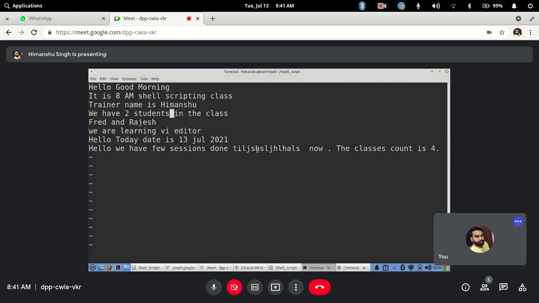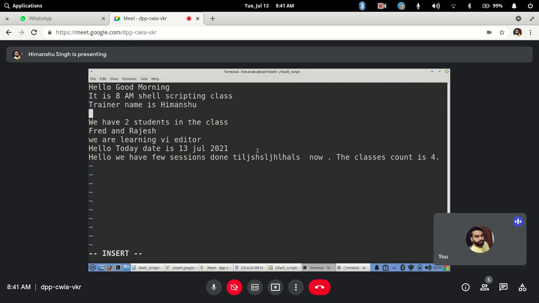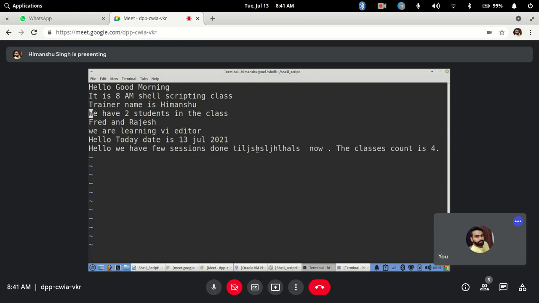Now, next, I have learned how to edit at the cursor location, the beginning of the line or the end of the line. But let's say I am at this line and I want to insert a new line. I have one option: go into insert mode using A, hit enter, and it will open a new line for me, and then I start writing. Rather than that, I will remove that blank line.